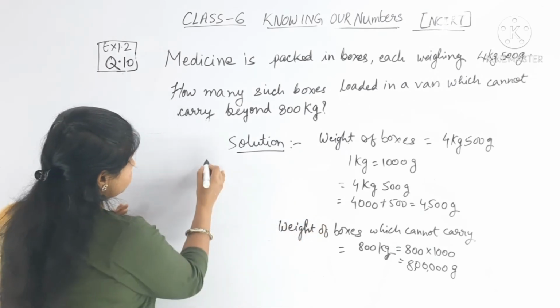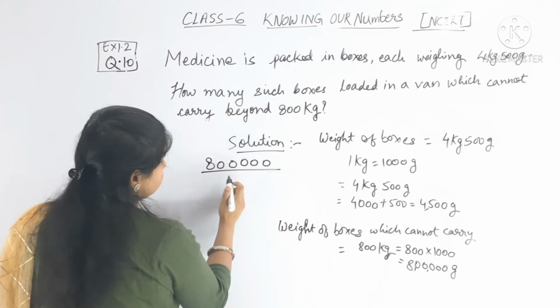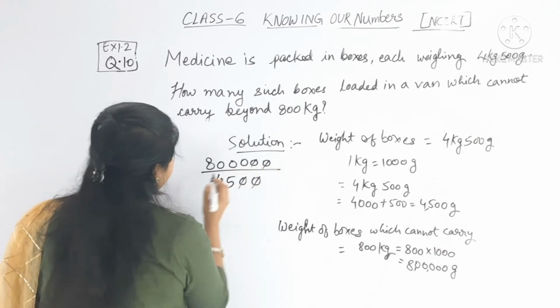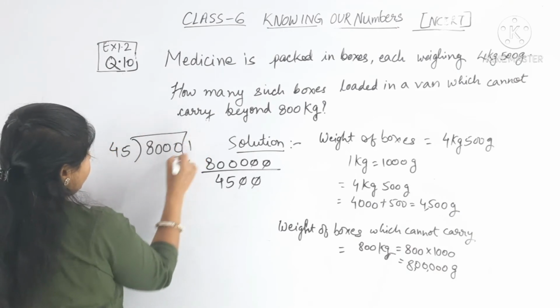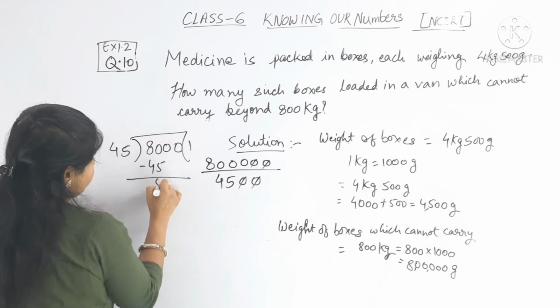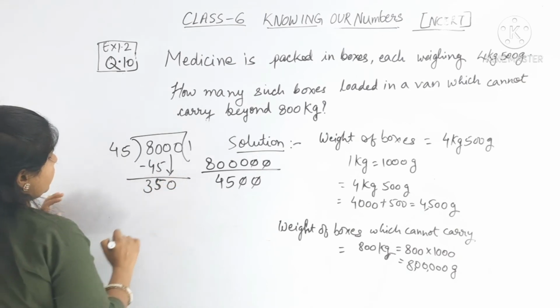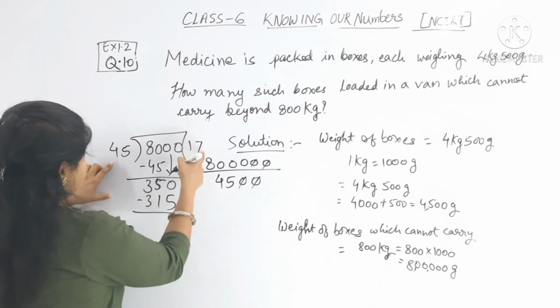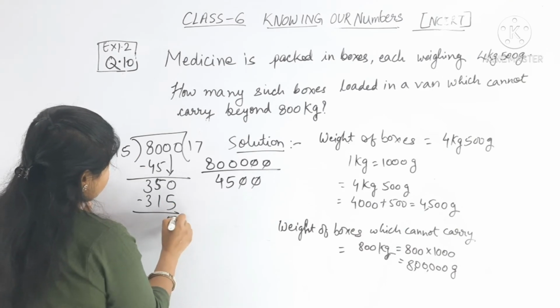I'm again dividing this one. This 50 and here is 4500. Okay, so I'm dividing this one. 8000 divided by 45. 45 ones are 45. 10 minus 5 is 5 and 7 minus 4 is 3. 350. Okay, 45 sevens are 315. 7 5s are 35. 7 4s are 28 plus 2 is 31. Okay, so I am getting here 5 and 4 minus 1 is 3.